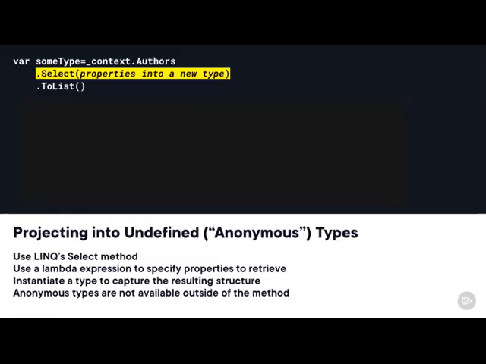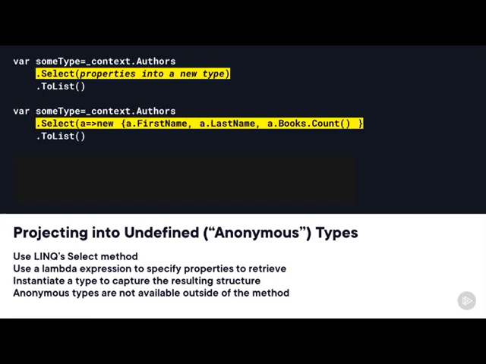In EF Core, we use LINQ's Select method to specify which properties of an object we want returned. If you're returning more than a single property, then you'll have to contain the new properties within a type. LINQ lets you do that even if what you're projecting doesn't match an existing type in your system, by using the new keyword and placing the list of properties in curly braces. This will return what's known in .NET as an anonymous type, but it will only be known to the method